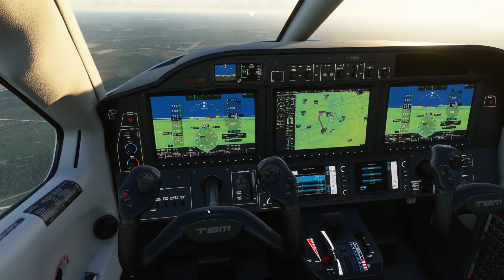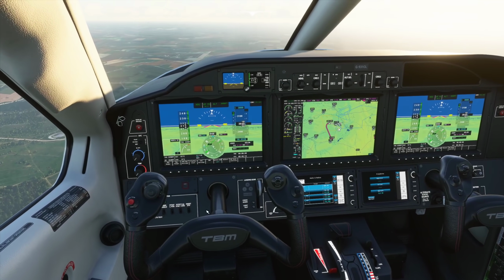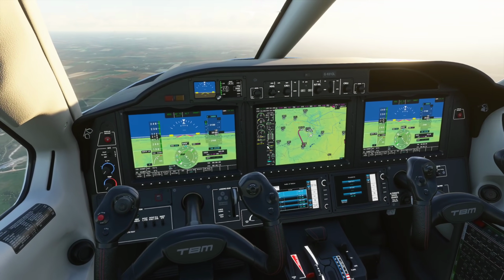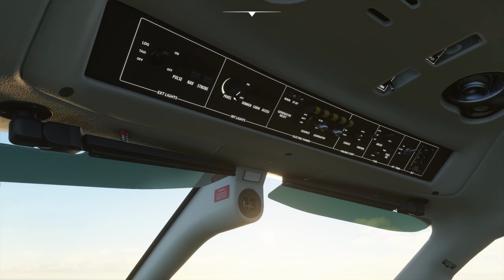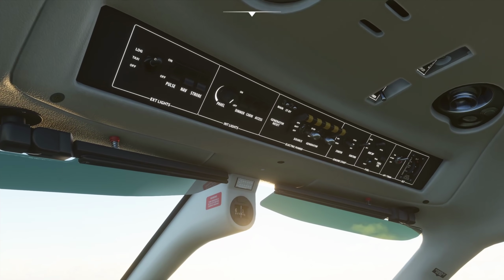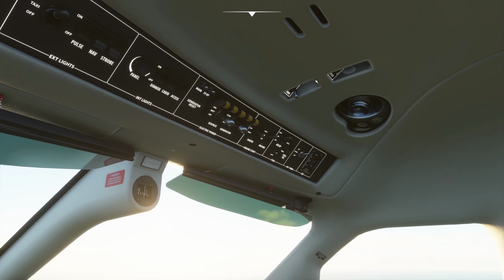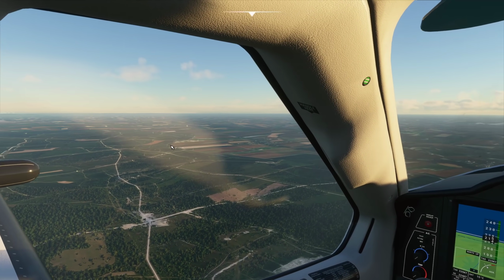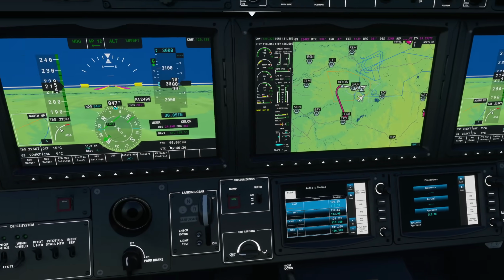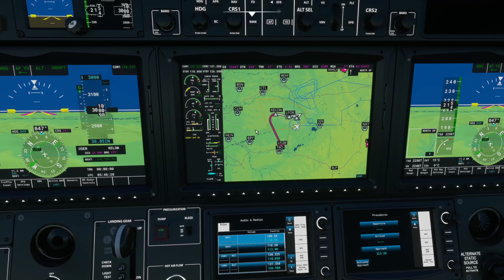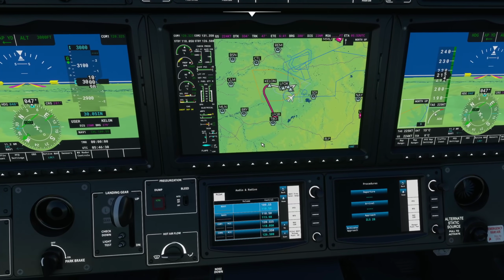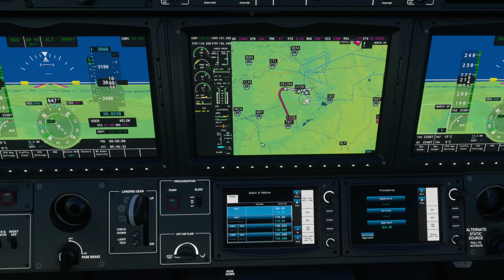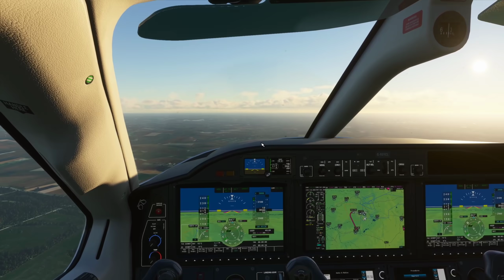Let me double check on the plane. Flaps are up. Heaters are on. Inertial separator is still on. Everything looks good. Landing lights are still on. Yes, okay. So yeah, this will just be a very short flight to highlight the features of Pilot2ATC and how much more detailed and accurate it is compared to the current simulator,